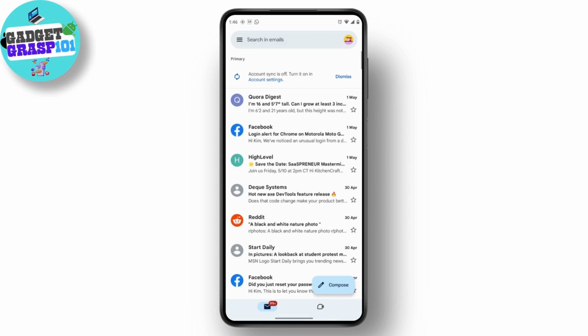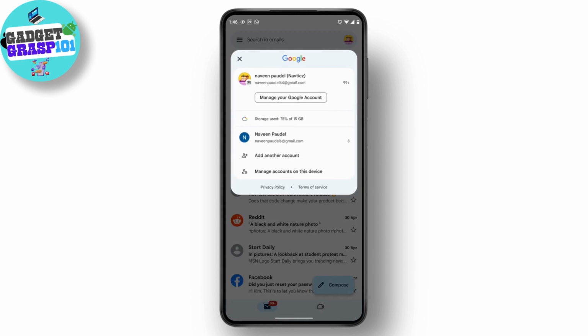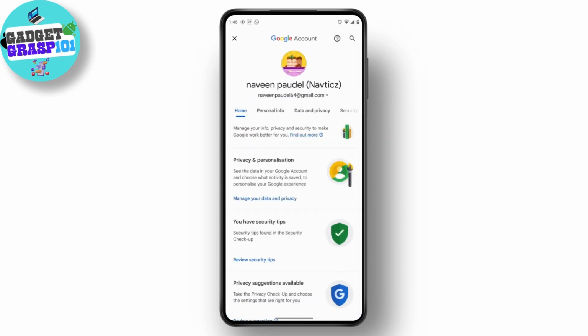After opening up your Gmail application, just tap on your profile icon, which is on the top right, and then select the email address which you want to delete your YouTube account from. Select an email address which has the YouTube account, and after selecting it, simply tap on manage your Google account, which you can find below that email address in the top. After tapping on that, select this third option, which is